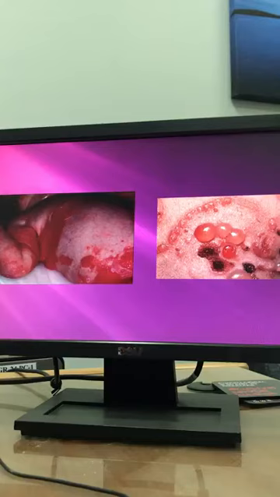The first will be sent for histopathology to see where the separation is and if there are any inflammatory cells, etc. And the second will be sent for electron microscopy. The electron microscopy will detect the actual loss of keratin or collagen in the tissue, which is being attacked by the